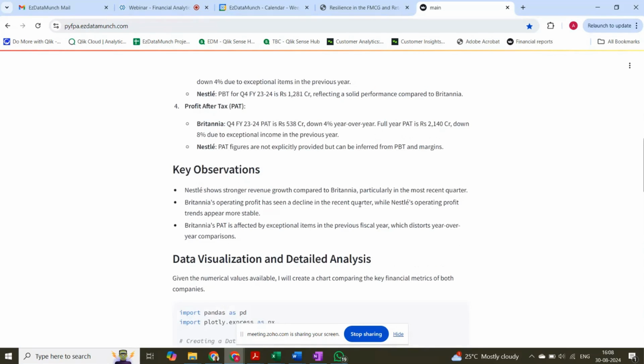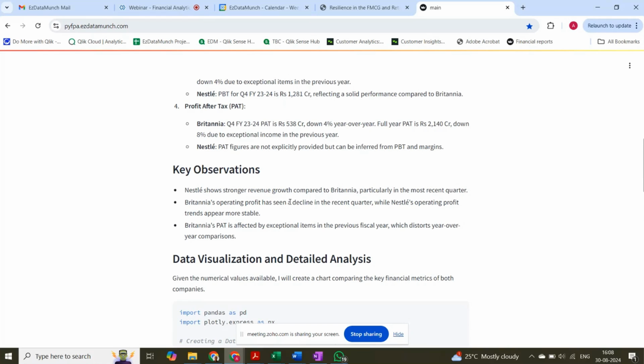And it is now adding its own analysis based on the numbers which it has seen. So what is it saying? It says Nestle shows stronger revenue growth compared to Britannia. It also says Britannia's operating profit has seen a decline. So now it's not only looking at that, it is also looking at the trends across. And it also tells us at the end that Britannia's PAT is affected by exceptional items in the previous fiscal year. So it is looking at numbers and trying to make some intelligence out of it, which is what a human would do,